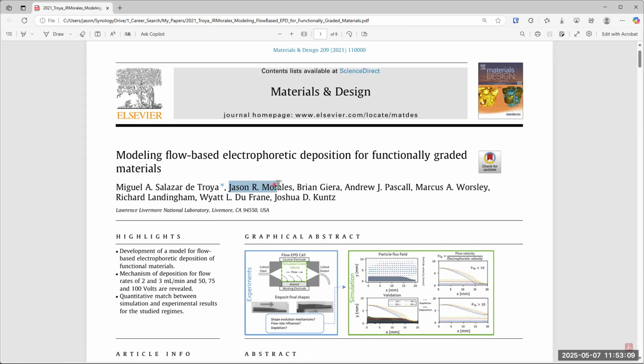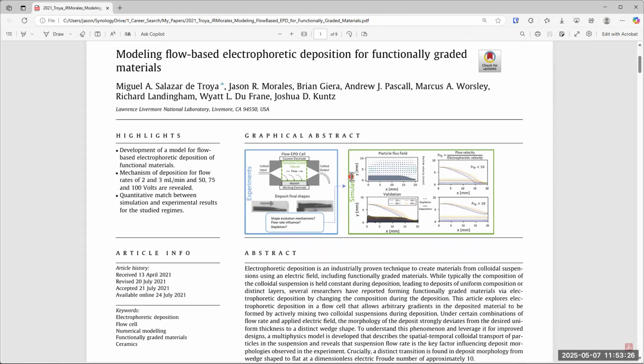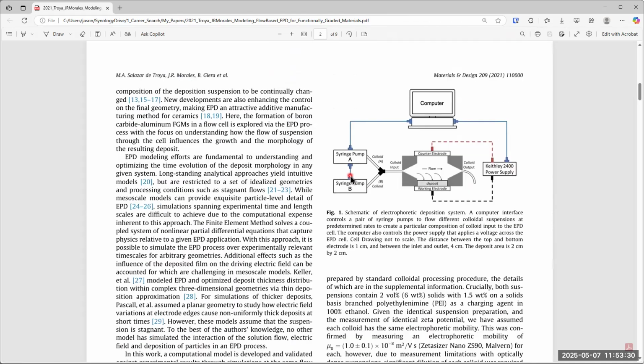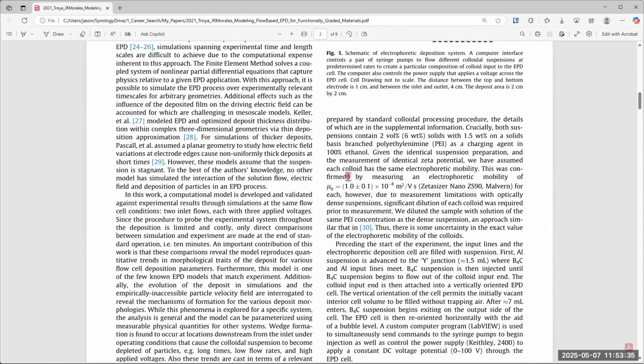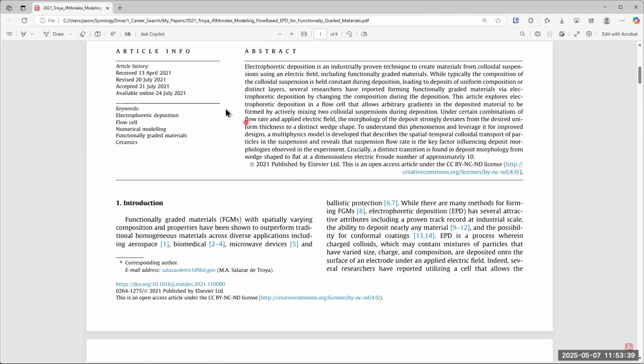So here you can see my name is second, and these other people were people that collaborated with me on this project. We all worked together on this project. We all had different roles to play in this project. And we put our work together in this paper. And for my statistics class, you're writing a report, and your report has the same sections you would find in